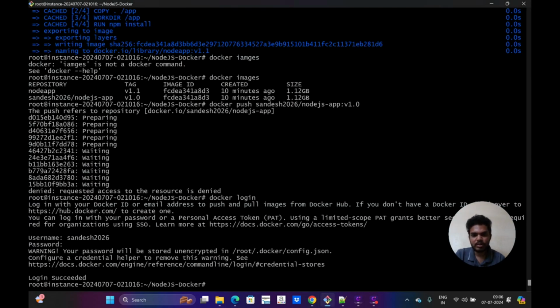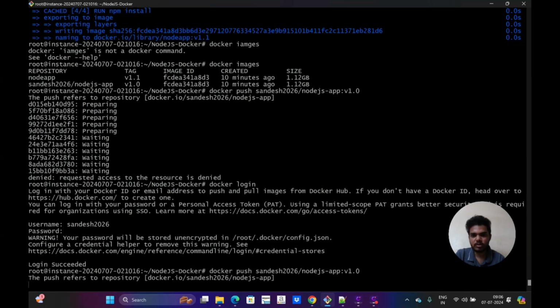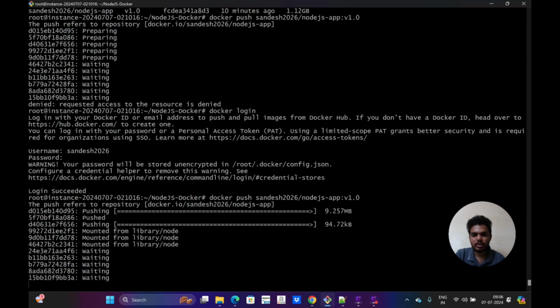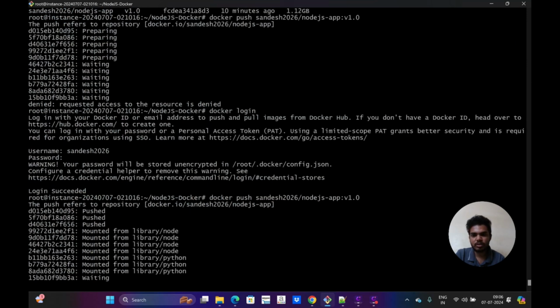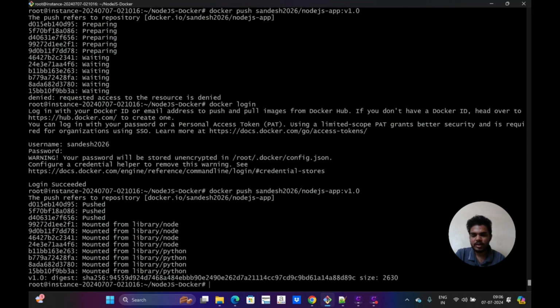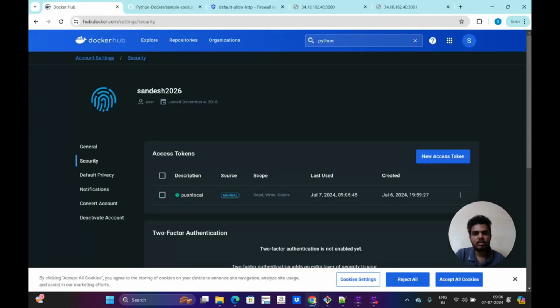So Docker login is done. Next, what next? I have to push this image, so I use the docker push command. It will push the image to Docker Hub now. It is pushing now. Once that is done, if I go here and go to repositories,